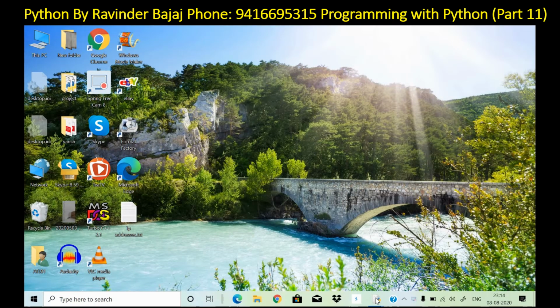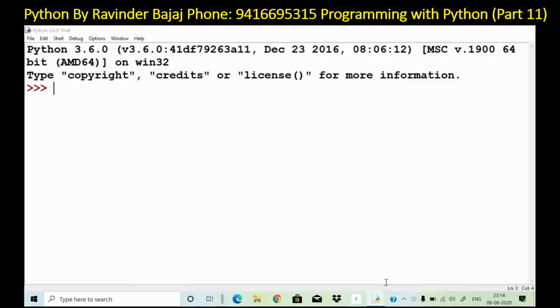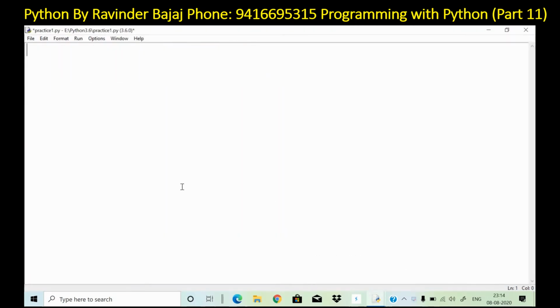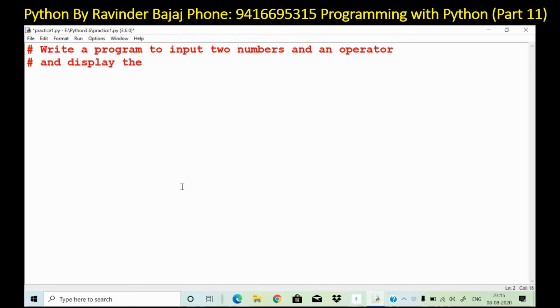So here is one more program for you. This is the Python shell. Open a new file. I'm writing the question. Write a program to input two numbers and an operator, and display the computed result. a is equal to int(input("Enter any number")).